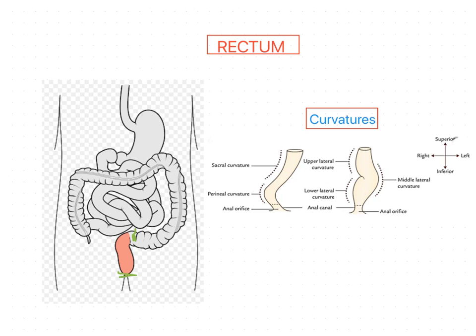This is the part where the rectum is present. It extends from the rectosigmoid junction in front of the third piece of the sacrum. So behind it, on the posterior aspect, the sacrum is present. Third piece of the sacrum means the lower three segments of the sacrum are related to this part,